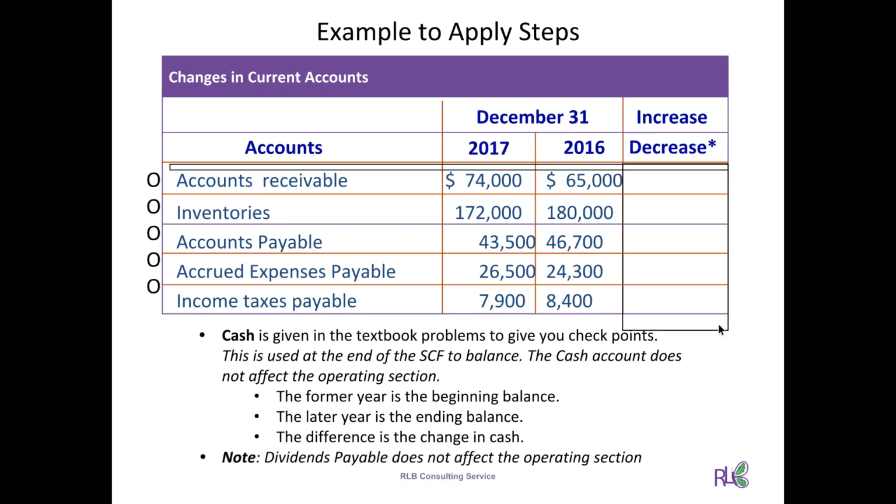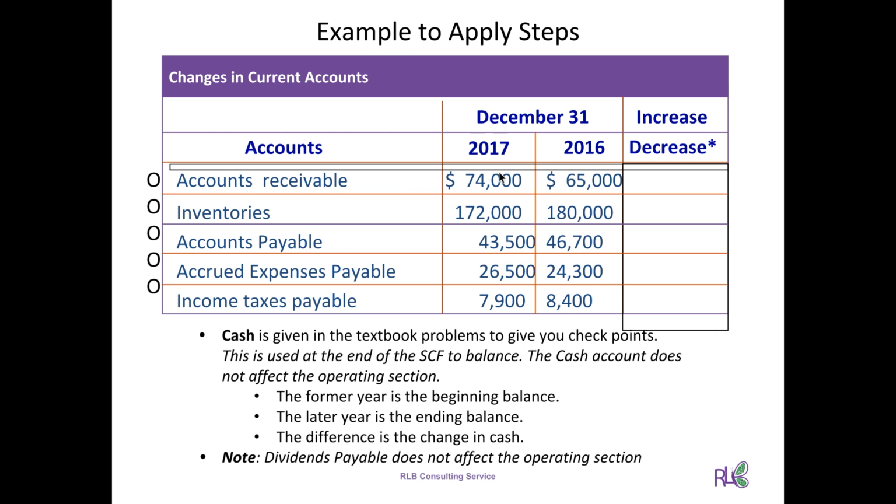Now here's an example of using the steps that I gave you. Okay, so first we have accounts receivable. Let me go back. I labeled them as O, all operating. None of these 5 items are related to investing or financing. These are all, and this is just this particular problem, these are all related to operating. So I labeled them all O. That was step 1. Step 2, I wanted to know, did I increase from 2016 to 2017, or did I